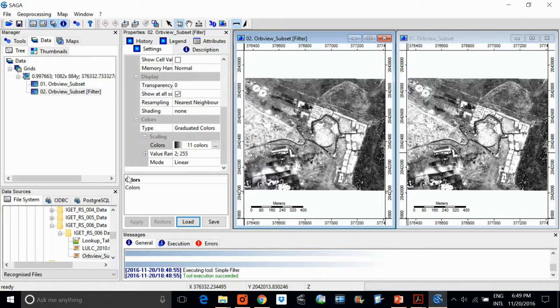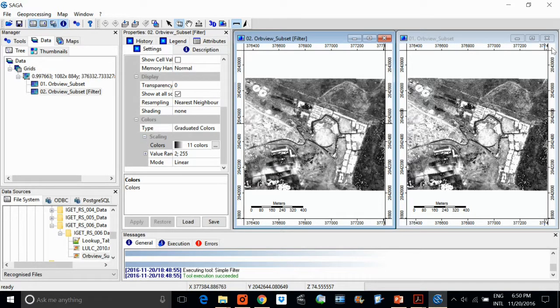So if you are able to see, there are certain differences between this, the original image, and this, the filtered image. It depends totally on your job, your work, what you want from the image, and sharpening, smoothing is done like this. So this was the simple filter which we have applied, and you can select this first map window and synchronize their extents via menu, map, synchronize map extents.